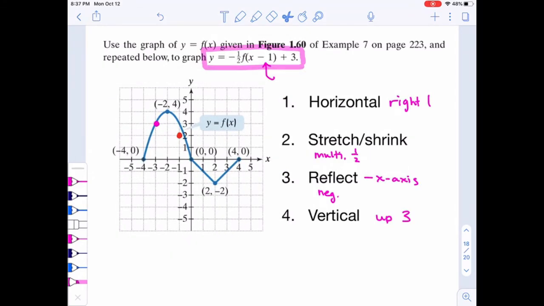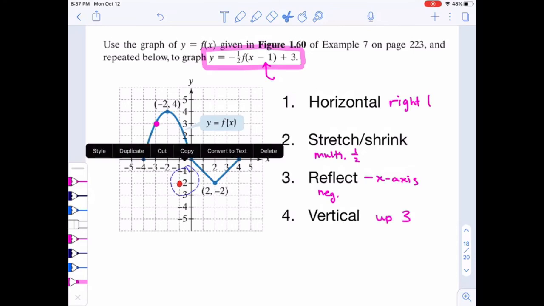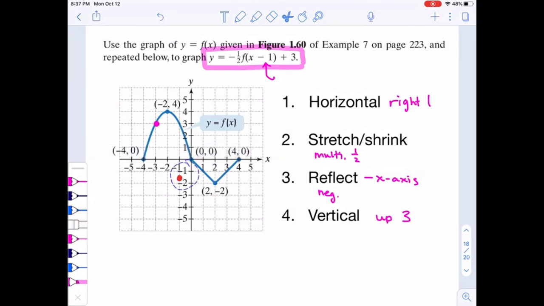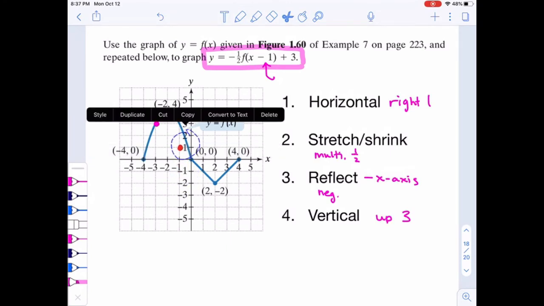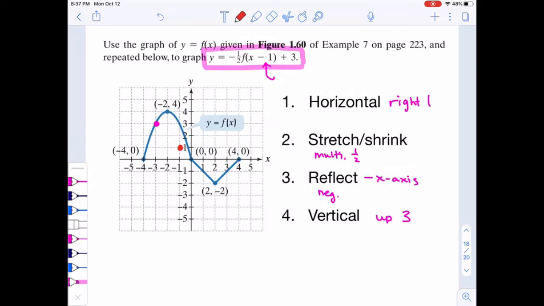And if I'm 2 away from the x-axis, there we go. I'm 2 away from the x-axis. That means my reflection is going to end up being 2 away from the x-axis. And then I need to vertically change it up 3. So this is going to go up 1, 2, 3. If I take a next point